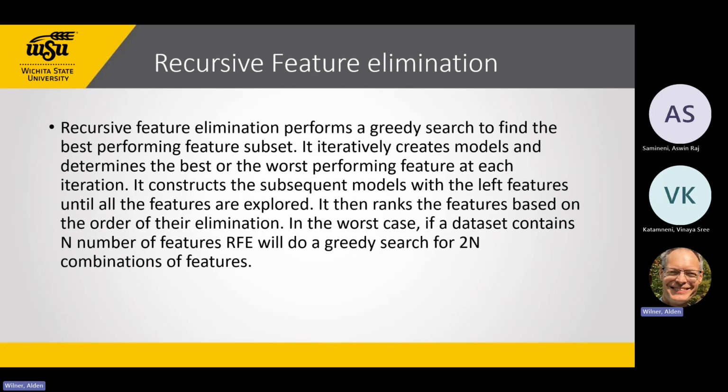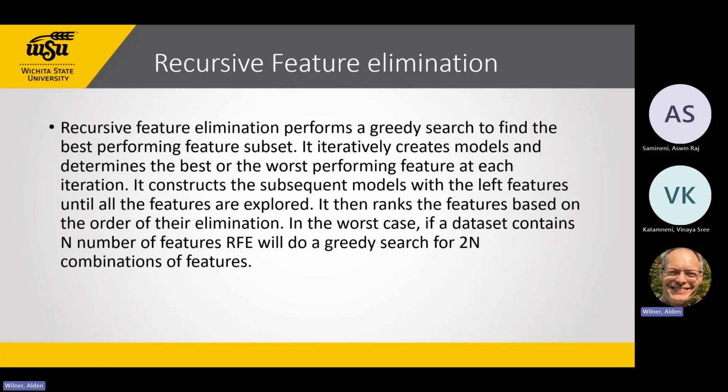We find the best performing one of those, throw away that variable, keep the 3 features that we say are best, and then so on and so forth. We continue, again, exhaustively looking at all of our possible values, and then throwing away the worst one at a time. You might say, well, this is probably going to be the one with the highest p-value